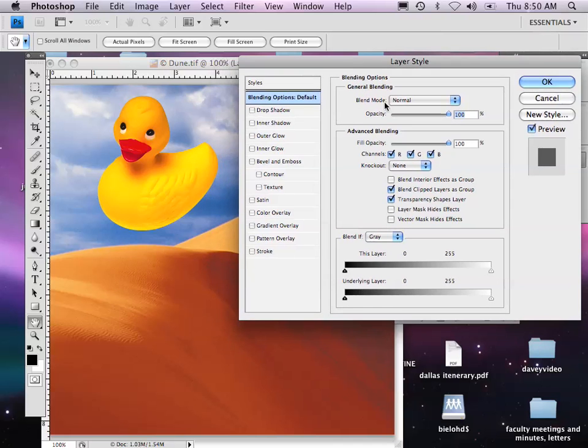Watch what happens. If I'm on this layer, I start dragging this to the right. Look at his eyes. The pixels on this layer, on the duck layer, that are darker than the pixels beneath them are going away and revealing the pixels beneath the duck. As I move it, it gets more and more. Same thing would happen with the white. Anything that was brighter would start coming through the duck as I slide this to the left. It's kind of interesting. I can get all the way down to the bill and the eyes,